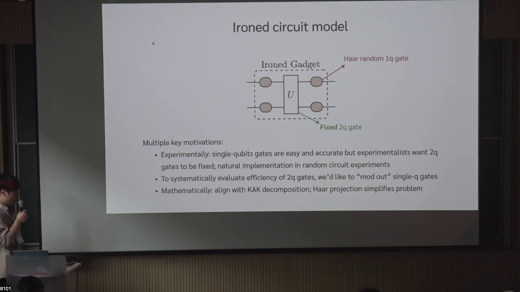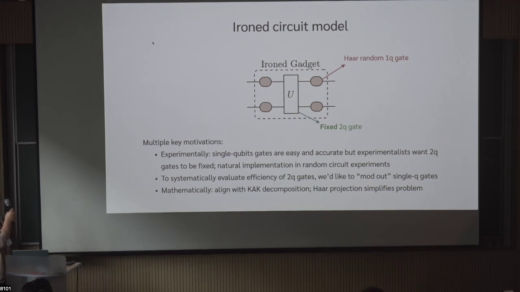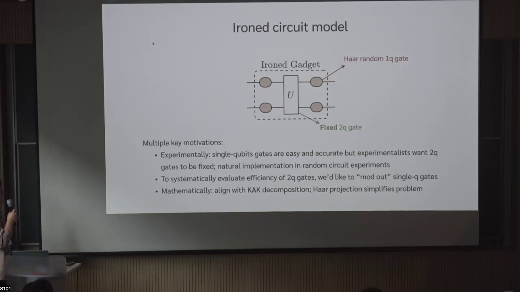Okay, so because of the difference in difficulty between single qubit and two qubit gates or entangling gates, experimentally, if we were trying to prepare a local random gate, we can consider these one qubit gates to be sort of free. So we can assume them to give us the ideal Haar measure, which has no problem. But we want to fix some two qubit gates. So this aligns with experimental interest.